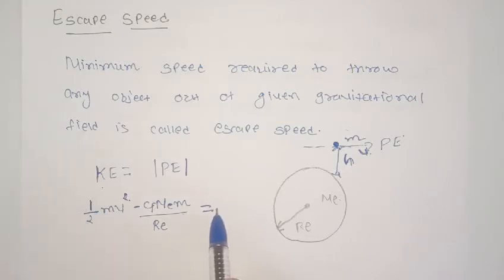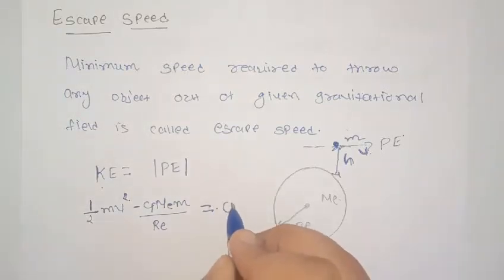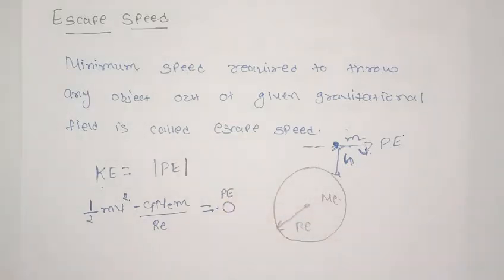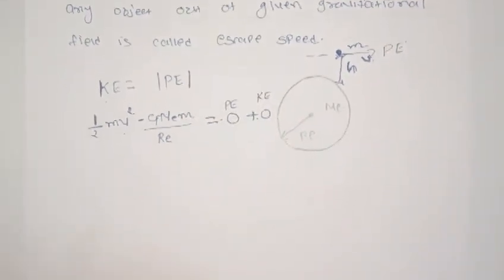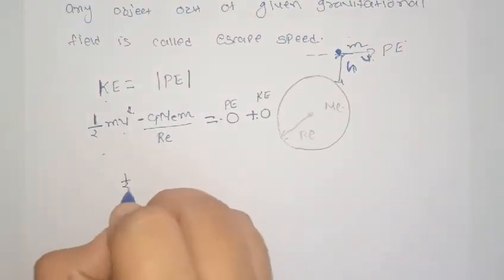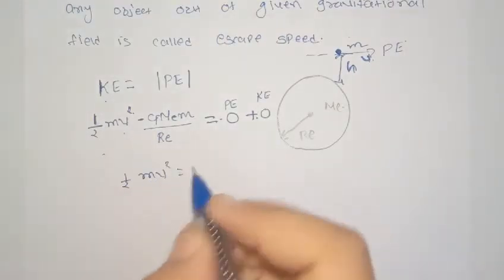Now when it reaches the point where it is out of the gravitational field, its potential energy will be 0 because it is out of the gravitational field of Earth, and it will come to rest because it is the minimum speed. So after reaching that point, the object will come to rest. So its final kinetic energy will also be 0. From this, we can write half m v square is equal to